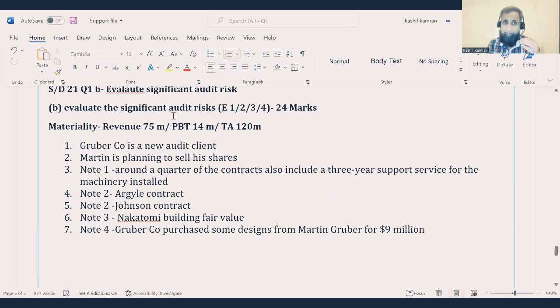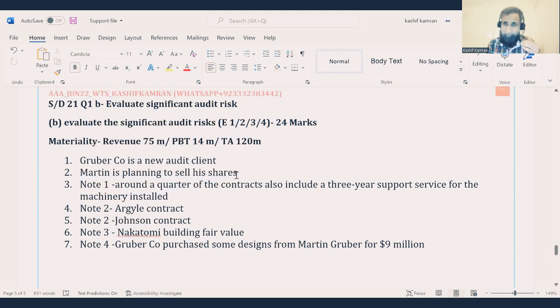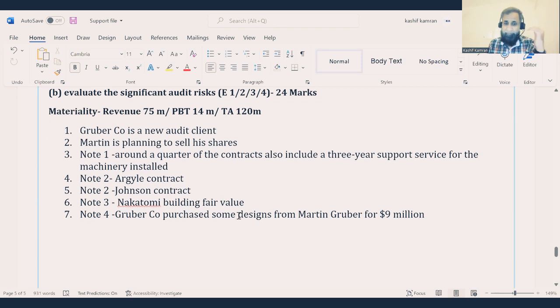But I hope you're all technically clear with the term significant risk. Are you all clear that a significant risk means something which is from the case study, something which is non-routine, and something which is judgmental? Even a complex accounting treatment is a significant risk. So have you enjoyed the process of identifying risk, and the way we have identified risks and put them down on the briefing note?